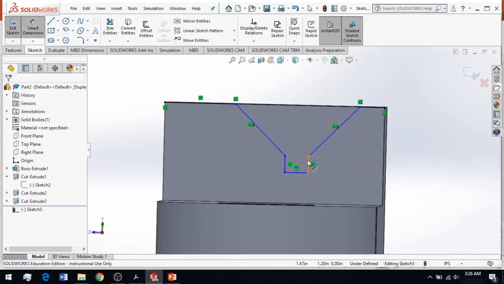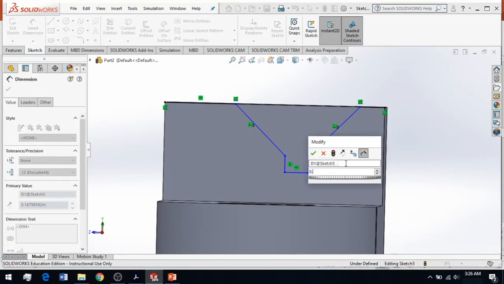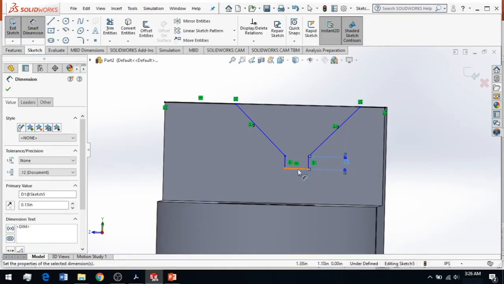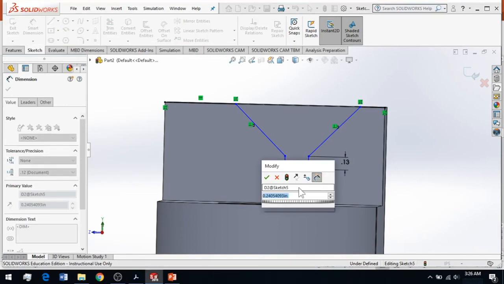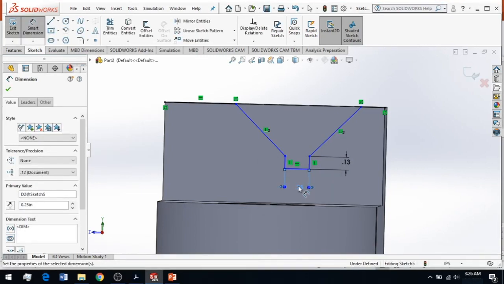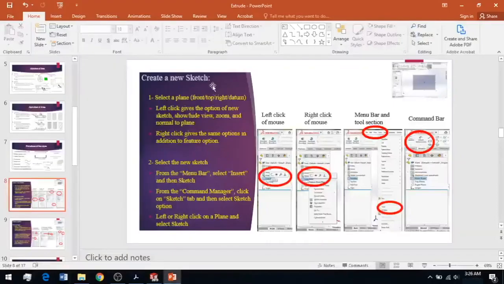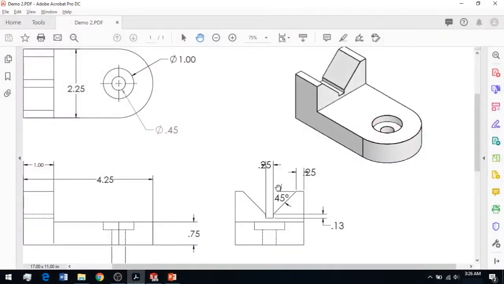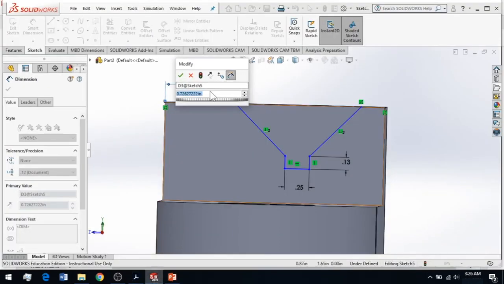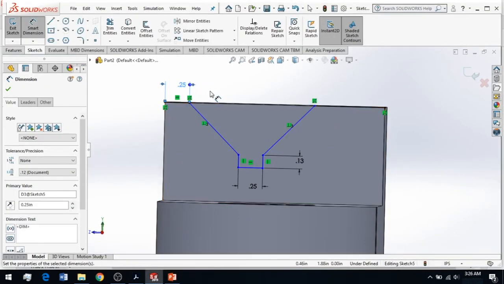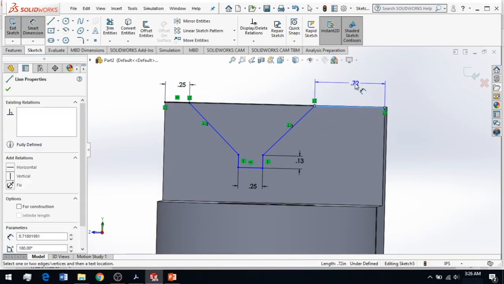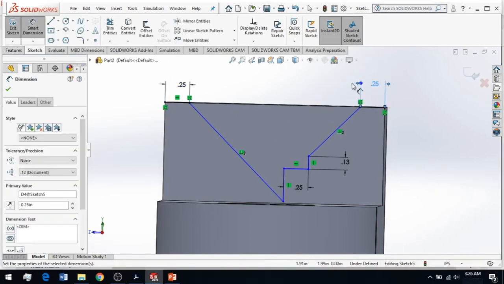So first let's define this line. So it should be 1/3. This line 0.25. Then this line should be 0.25 and 45 degree. So this one 0.25 again. Define this one as a 0.25. Okay, so first you can see that when I put this dimension, it changed